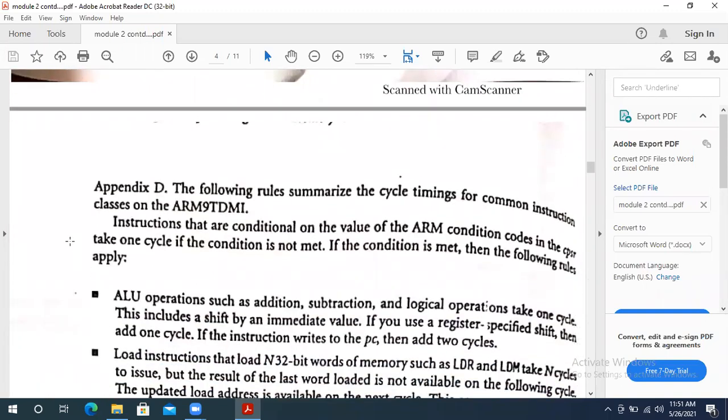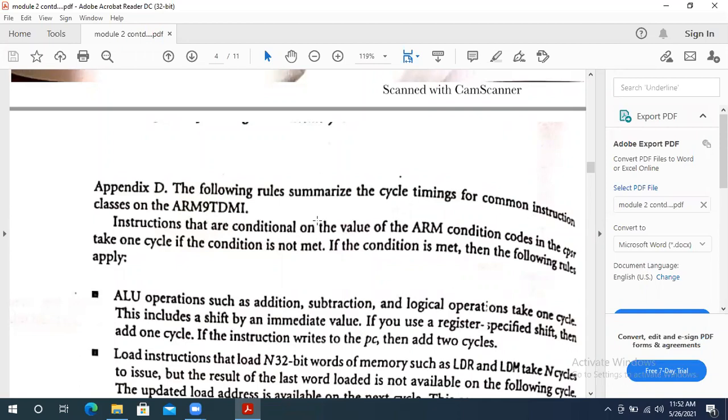I told you one more point, which I think you remember or not. In this, every execution is called one cycle. Suppose you execute an addition, that is one cycle, or whatever we do, it is counted in terms of cycles only. A cycle means the time taken to execute a particular instruction. It may be one cycle or n cycles. Depending upon the complexity of your program, it may take one cycle or more than one cycle.